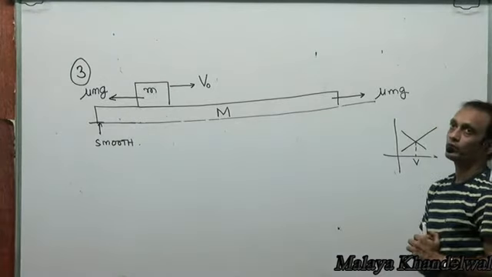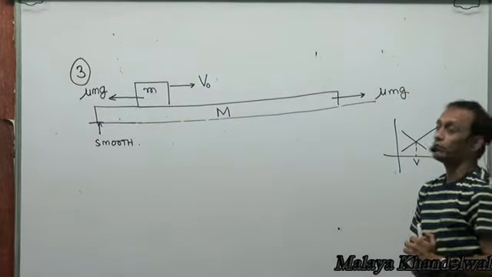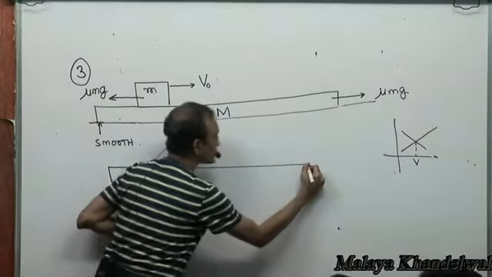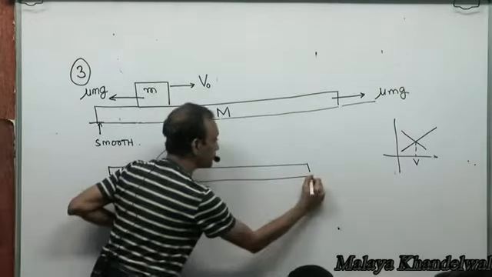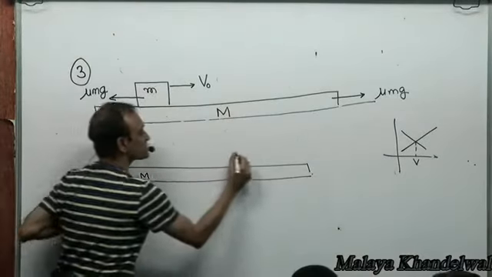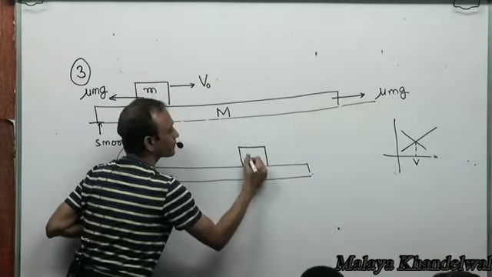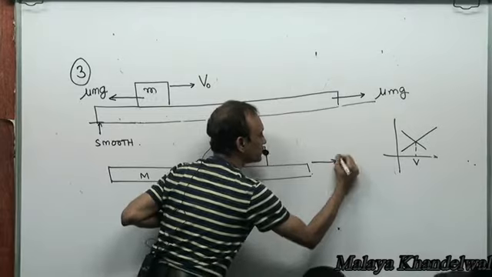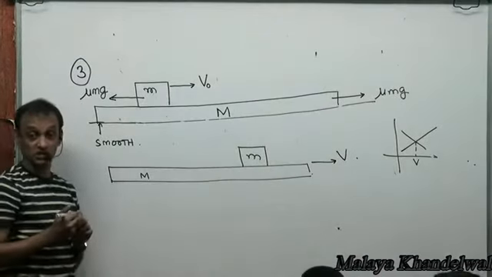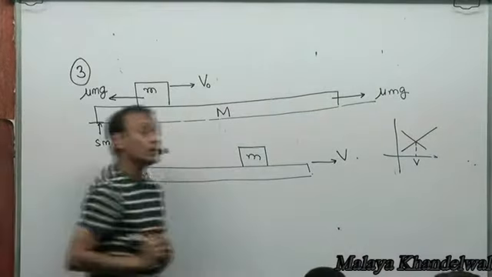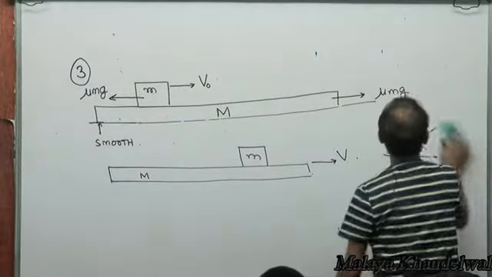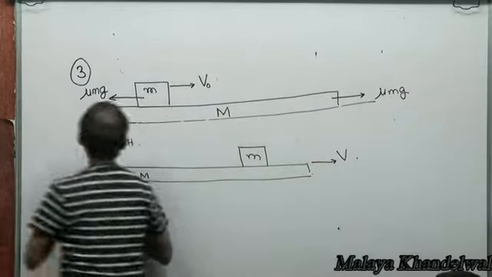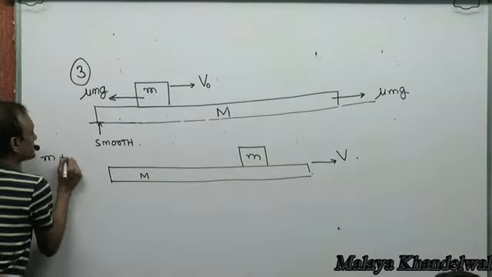Now, realize that this is capital M, this is small m, and the two as one single unit eventually acquire a final common velocity v, right? Now if I look upon small m and capital M as one single unit,